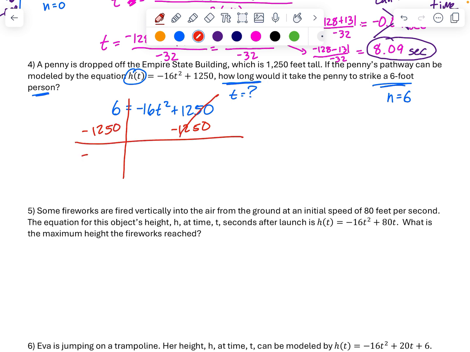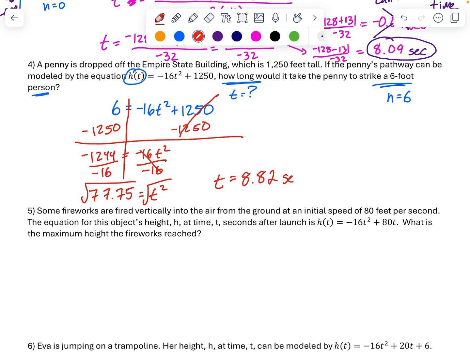So we get negative 1244. Then we divide. Negative divided by negative gives us a positive, which is good. And finally, we want to get rid of the squared, so we've got to square root it. So our time is